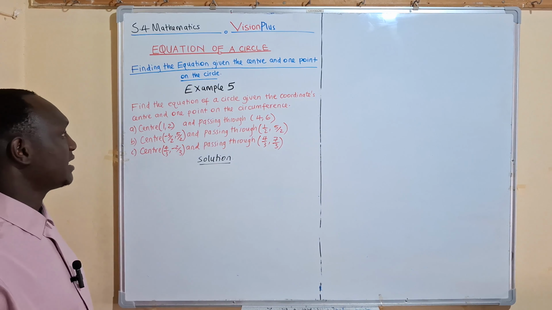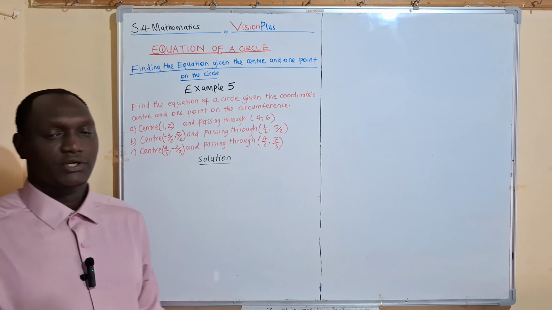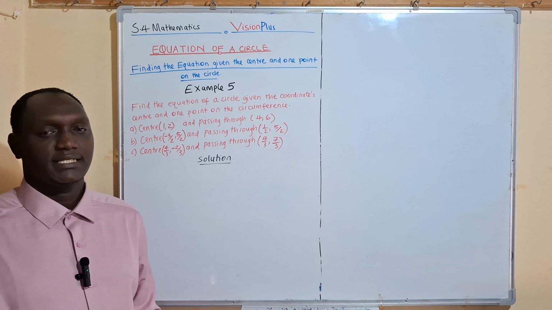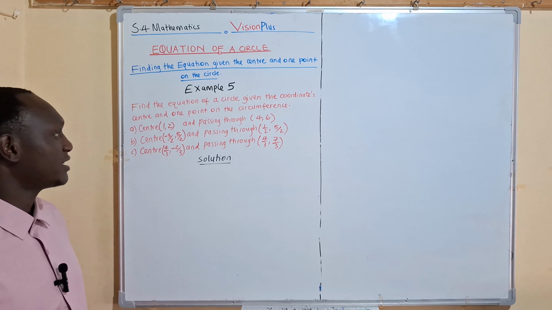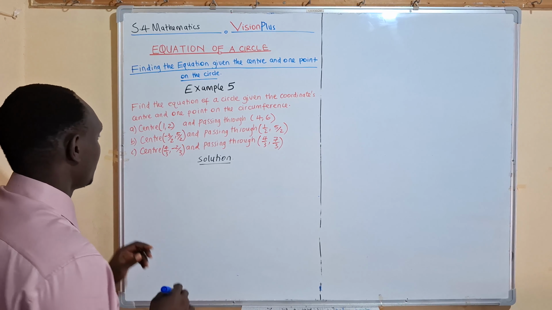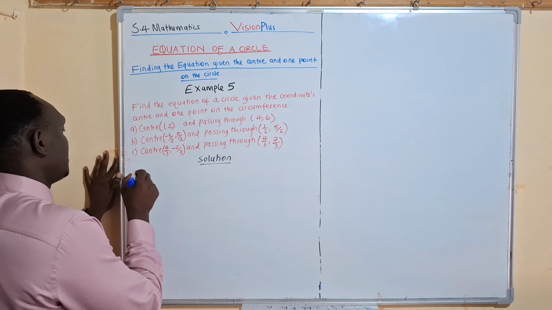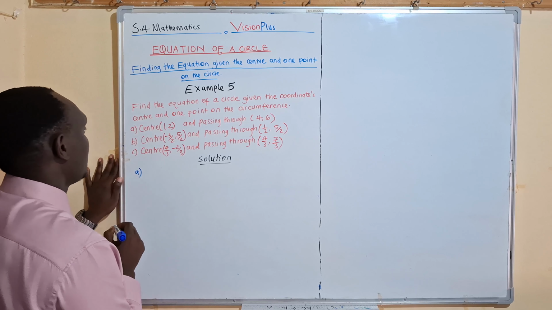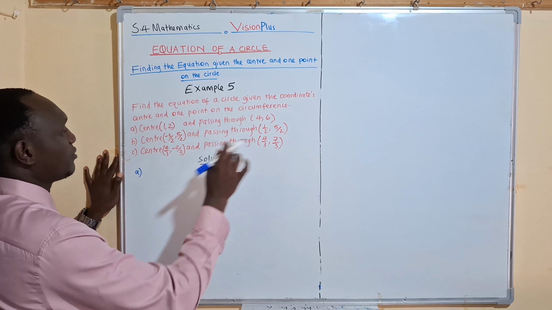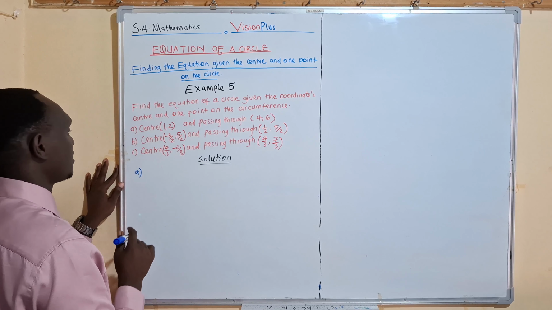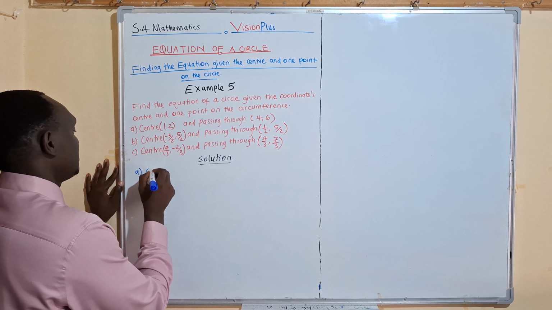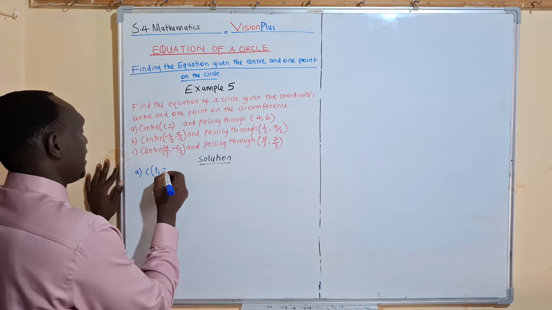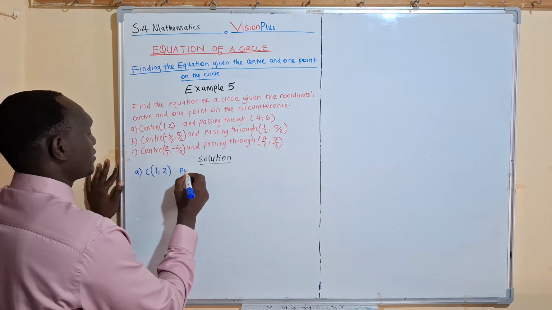We are looking at how we can find the equation of a circle when we are given the center and one point on the circumference. Example 5 says that we are given 3 centers and 3 points of each circle. So for part A, the center is (1, 2) and the point on the circumference